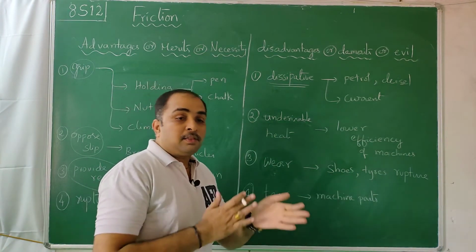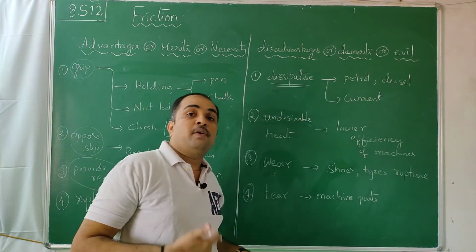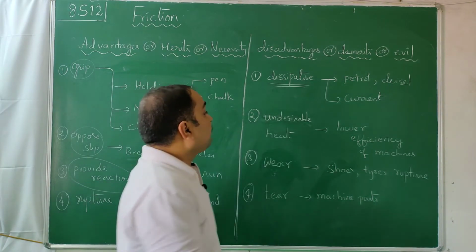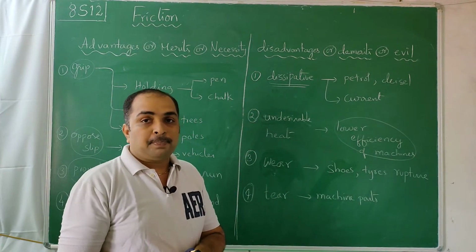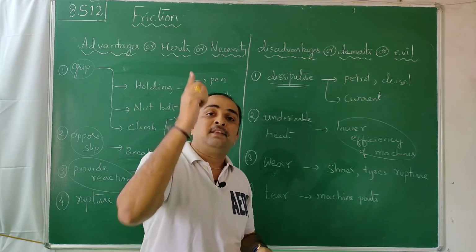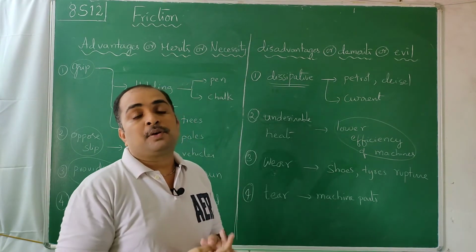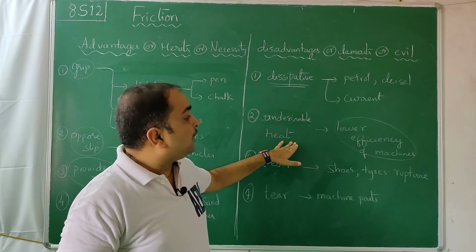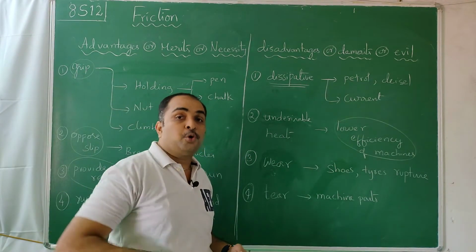Undesirable heat: whatever petrol, diesel or current we lose to overcome friction goes into heat. You can rub your hands and you will get heat. That lowers the efficiency of machinery. Efficiency means the useful work. We don't want this heat. We want heat for cooking and other purposes, but inside a fan when it is rotating, why do you need heat? When you are going in a car, why should the engine become hot? That hotness is of no use to you. So that kind of undesirable heat lowers the efficiency of machines, because energy has gone into some other form which you don't want.